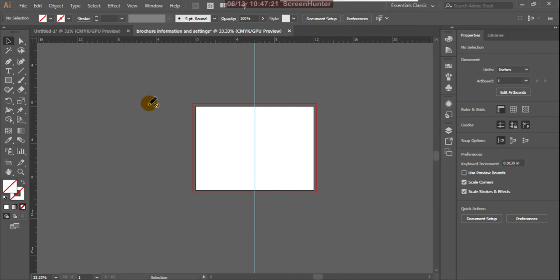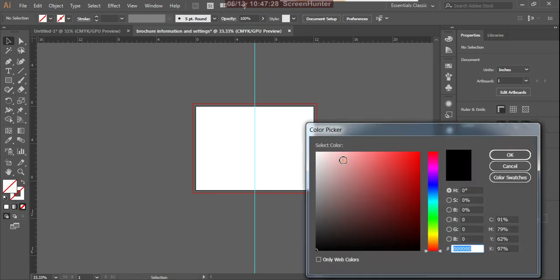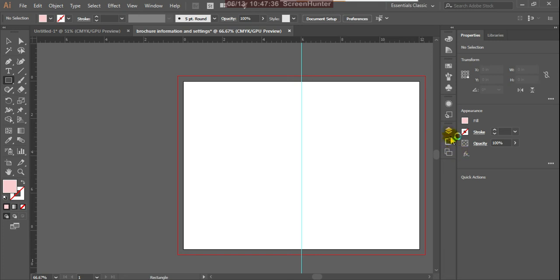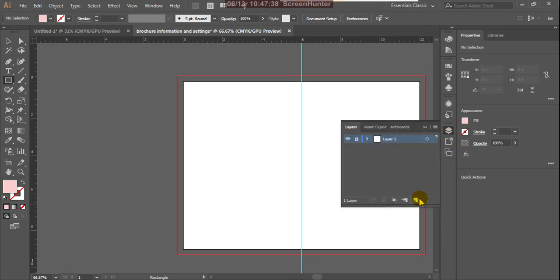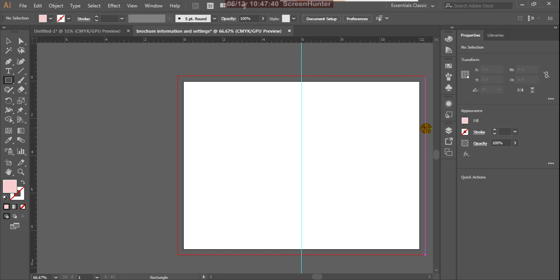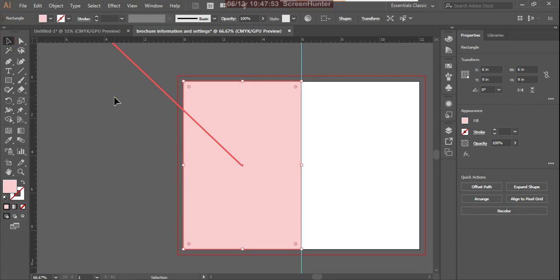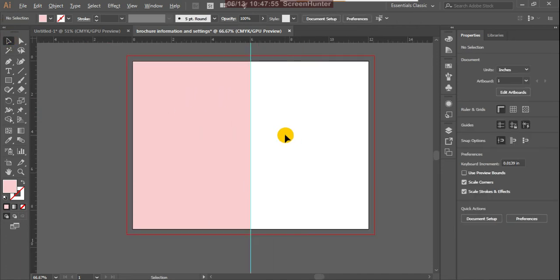Then with the rectangle tool, use some light color, any light color, and create another layer. Draw one rectangle. This is a rectangle for one side.